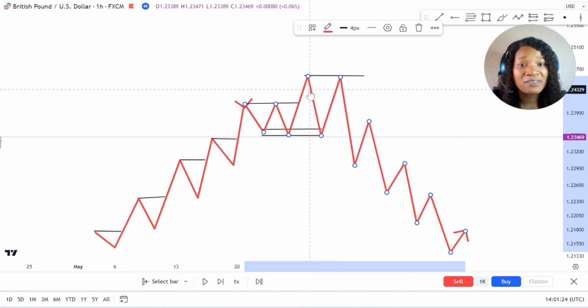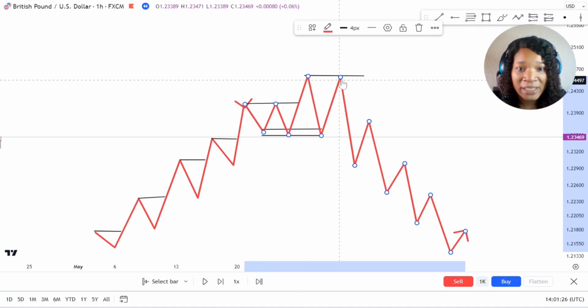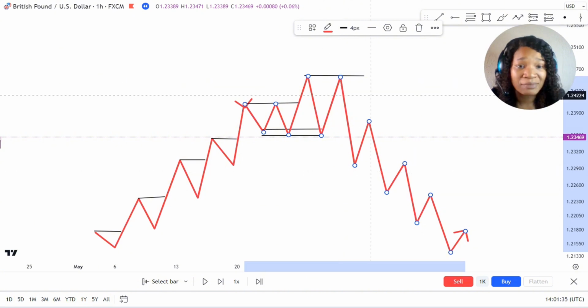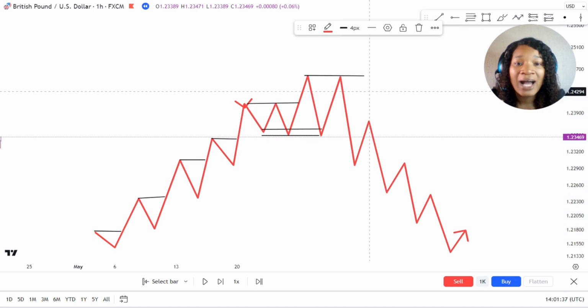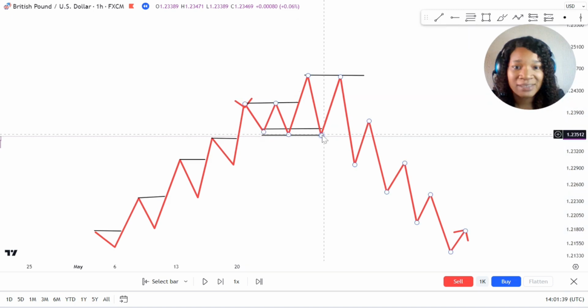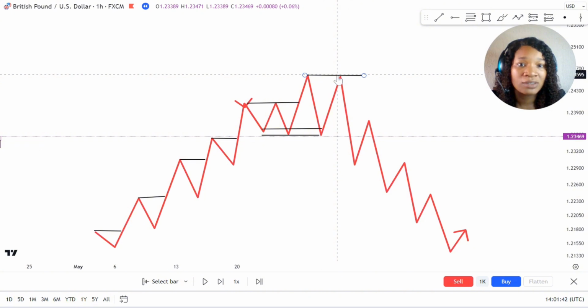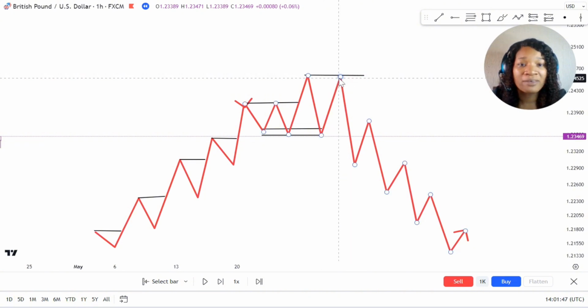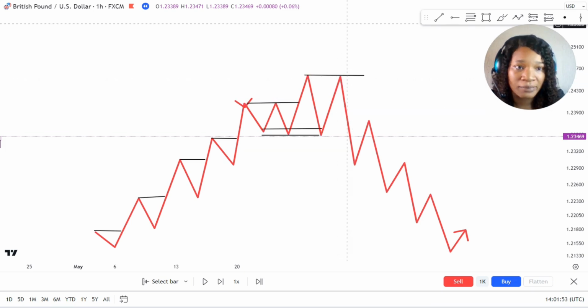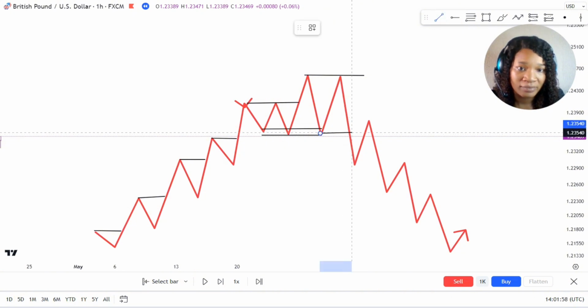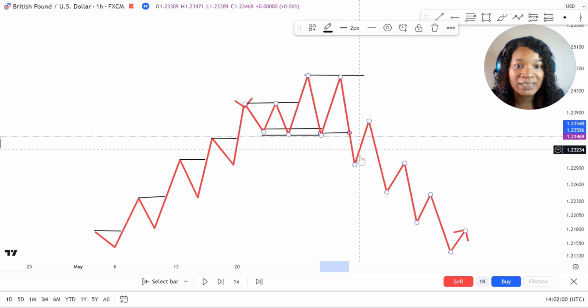Now there are some aggressive traders who, from this place, are already anticipating a sell movement, and they start putting their sell orders. You can actually do that, or you can wait for price. There's no need forcing the hand of the market. You can wait for the price to come down again and show you a change of character. So when it shows a change of character right here, once it breaks this,